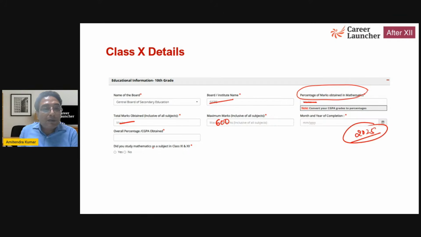Did you study mathematics as a subject in class 11th and 12th? If you select yes, you will move ahead. If you select no, the form will close right here. It will say you are not eligible. So you will select yes over here, and you will move to the next part in the same page,